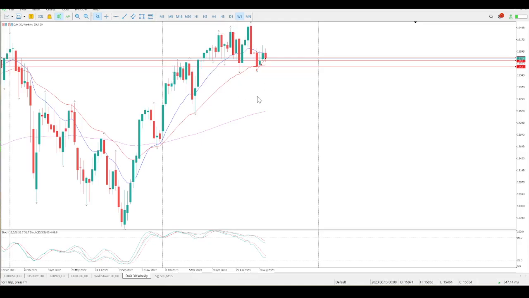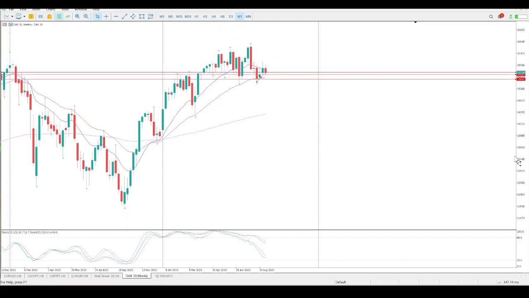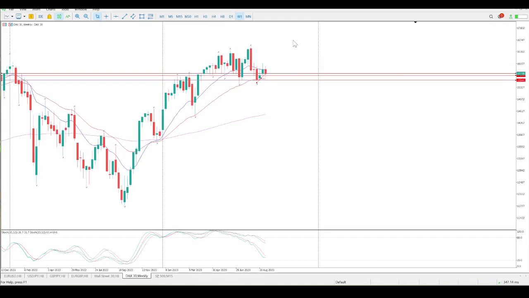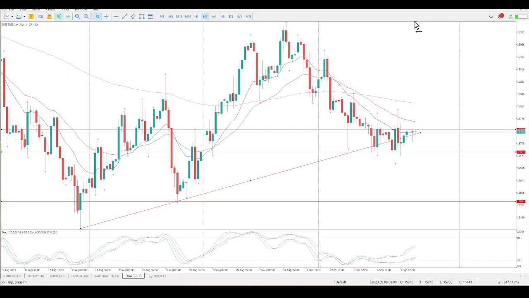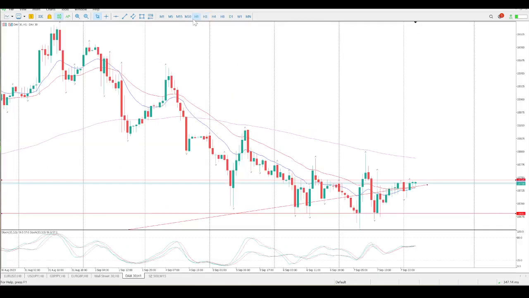And this is a megaphone formation, and it's a megaphone formation in an upward trend, so the bias for the break is to the upside. But anyway, we need to wait for something to happen before we jump in. So at the moment, nothing really there on the 3-hour. If you drop down to the hour, even worse.